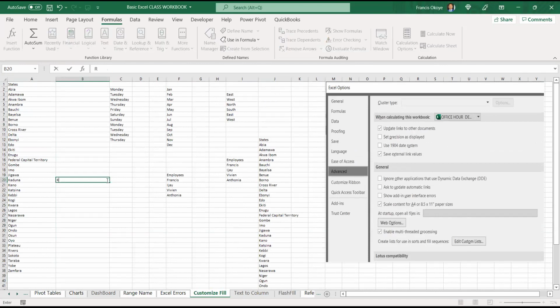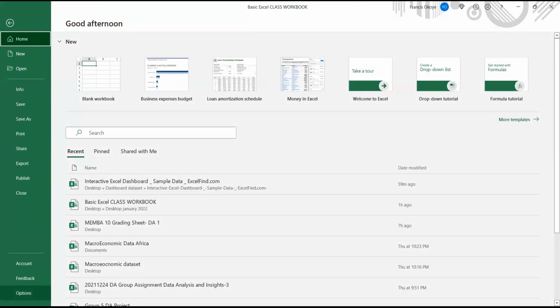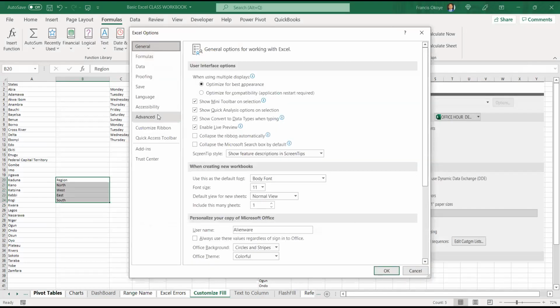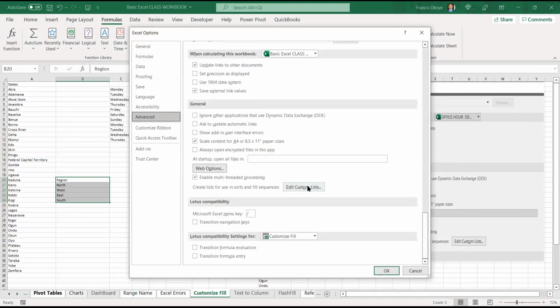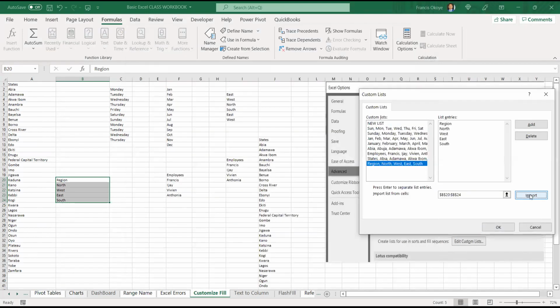For example, region. I have north, west, east, south. Assuming this is all I have, I highlight, come to File, Options, Advanced, scroll down, Edit custom lists, Import.